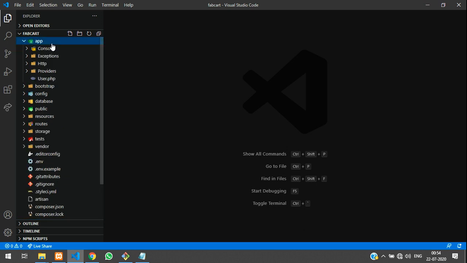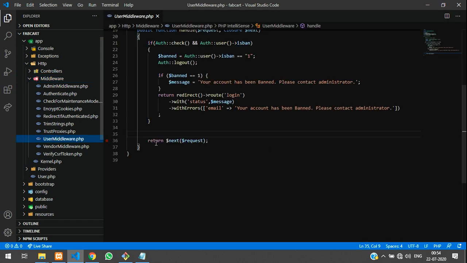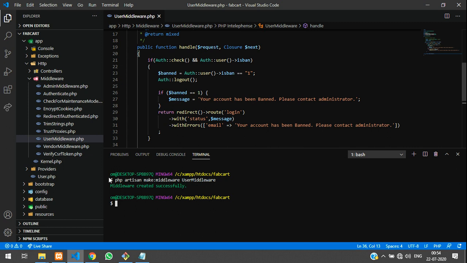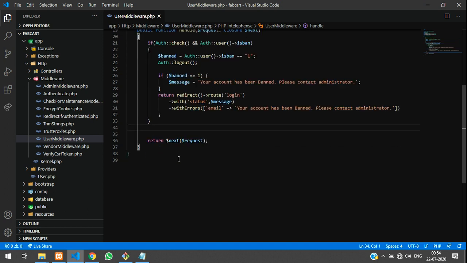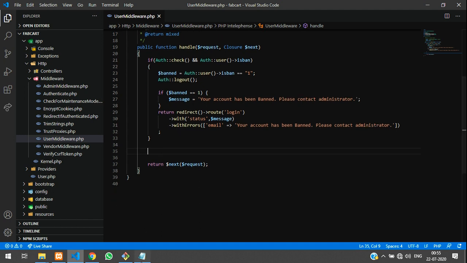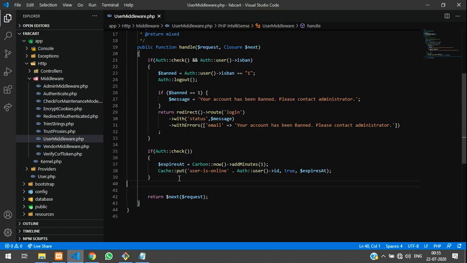So first step, we have to create a middleware. Okay, so for that, let's go to app, http, middleware. Inside that, I have already created a middleware called UserMiddleware. Okay, so if someone is following for a new one, please run this command: php artisan make:middleware UserMiddleware. For them it will start creating and it will be created. So just ignore this part and continue with the below part. Okay, so guys, I have already typed the code and I'm just going to paste that. So let me copy this and paste over here, right?